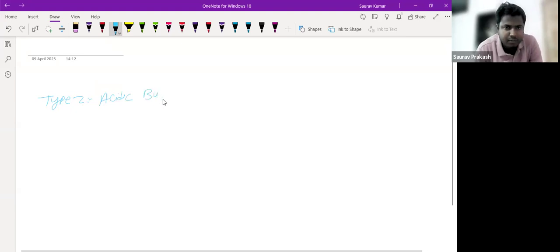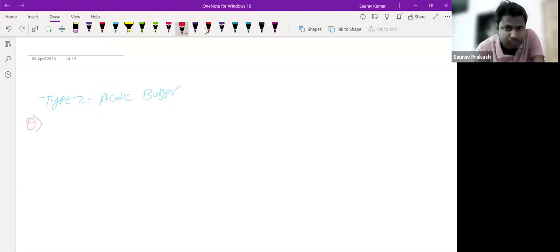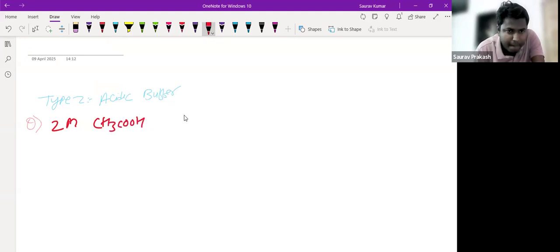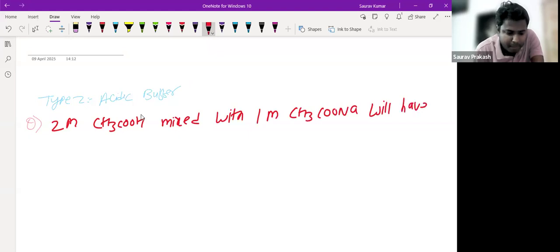So the question will be: 2 molarity of acetic acid mixed with 1 molarity of CH3COONa will have a pH of...